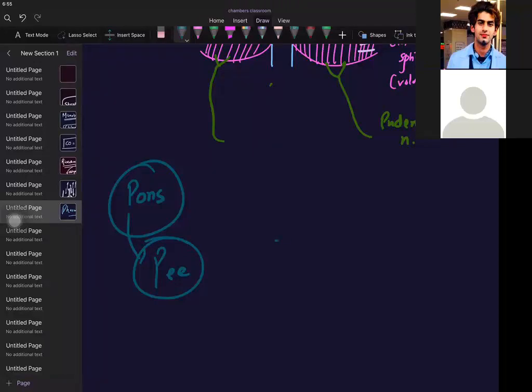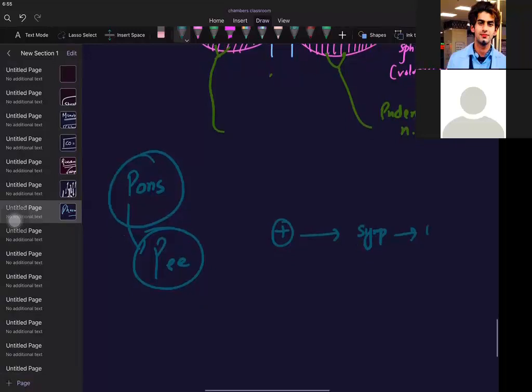That means, remember first thing, if you stimulate sympathetic outflow, if you give more of the sympathetic outflow to the bladder, what will happen? Sympathetic outflow means I'm in an emergency. That means I should not urinate. That means I should keep the urine, I should retain the urine. So urinary retention will happen. I have taught you in the sympathetic nervous system.